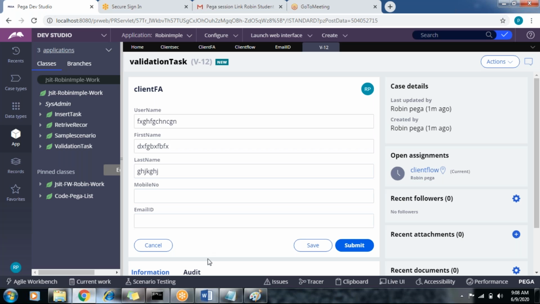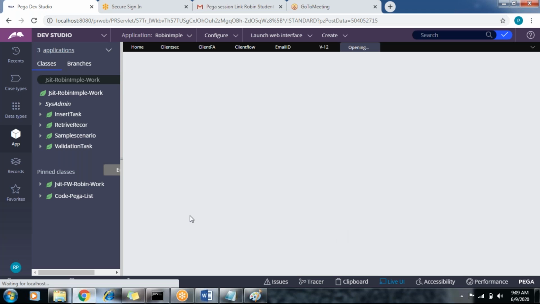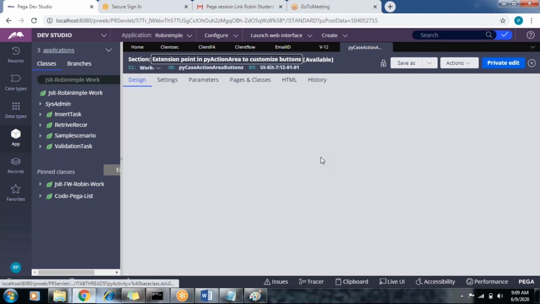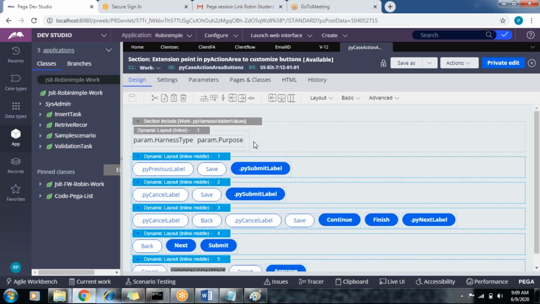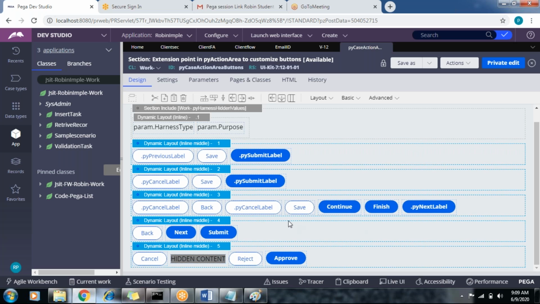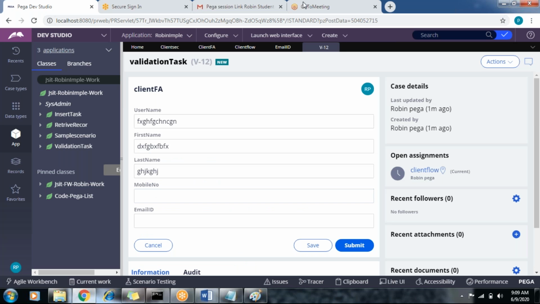So if you have any doubts, just click on live UI, place the cursor here. You can see the whole predefined structure in the pattern. That is one simple way. This is a predefined section structure. So we should know about it. What is the property? I think I got it. Thanks. Any doubts? No. Let's move on.